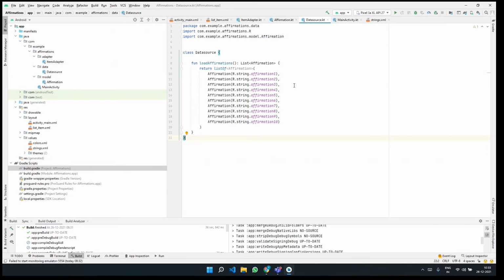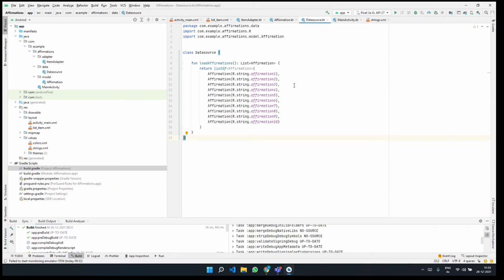There are a number of pieces involved in creating and using a recycler view. Basically, there are a lot of components involved, and the four components are, first, the item, where there are data items to display. In a news application, you can think of those data items to be news articles, and here they are just affirmations to display. So there is a data item that is also associated.